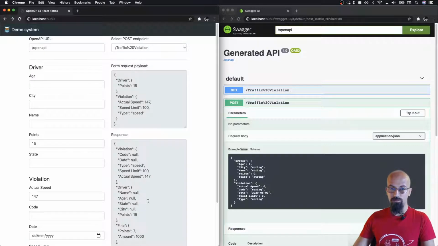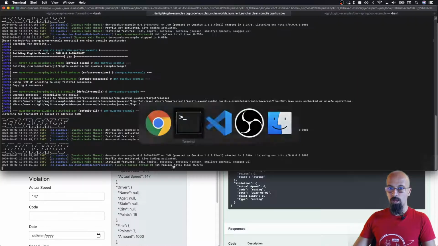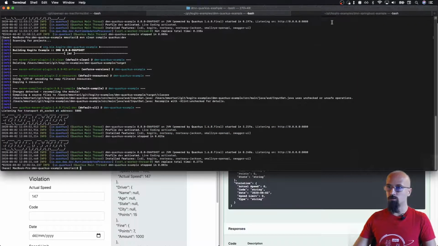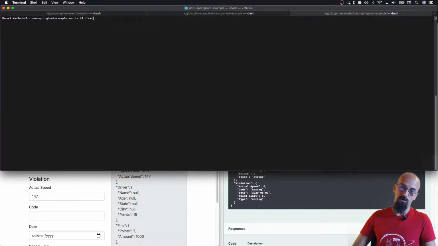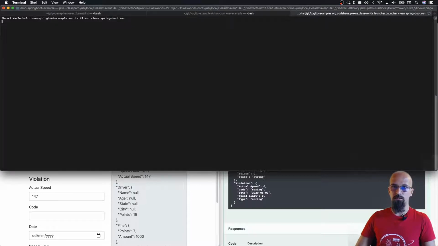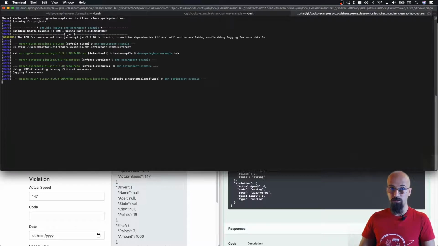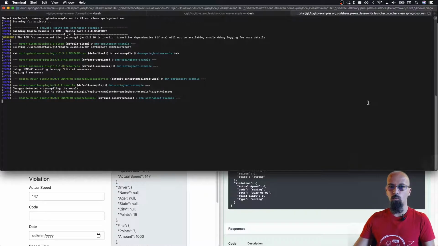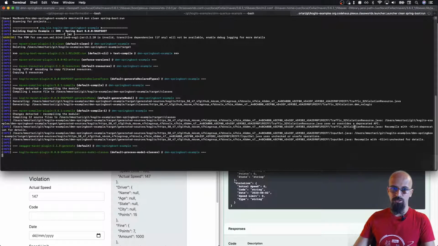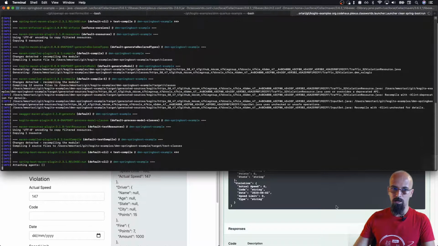And what is really powerful is that it is generic because it introspects the Swagger OpenAPI definition files. So as I had it running now on Cogito based on Quarkus, I can now run it with Cogito based on Spring Boot. So once I do that, it changes. We're going to see there are a couple of